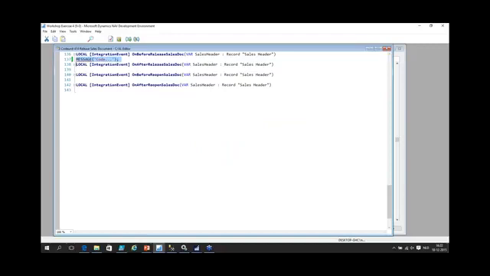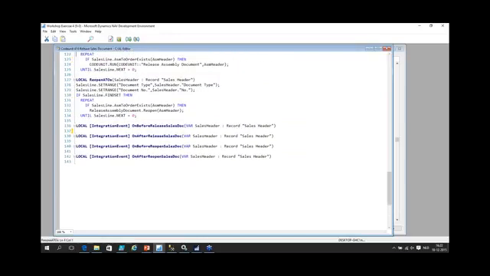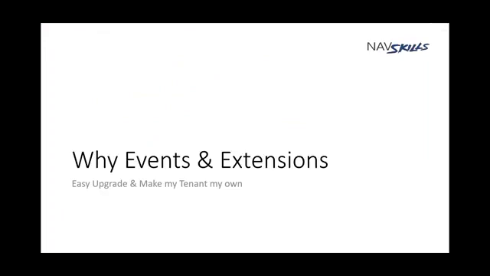So this is actually interesting if you look at the way we have to define events, and I'll come back to that when we talk about extensions. If we go back to the slides and ask why events and extensions, one reason is easy upgrade, right? It should be easy for us to upgrade using events and extensions. And this is where